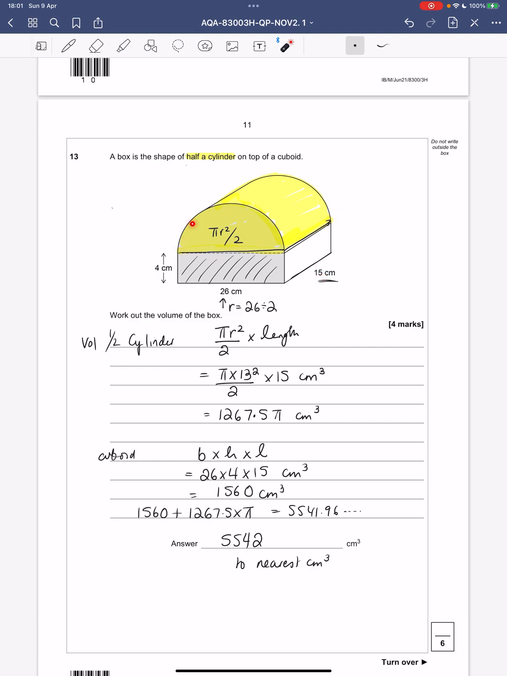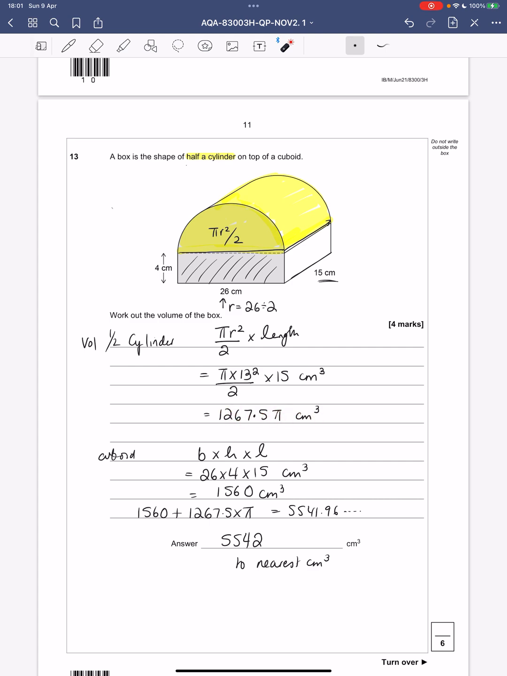But the area of the front is made up of a half circle and a rectangle. So the half circle is pi r squared over 2 times the length. So it's pi times, now the diameter is 26, so the radius is 13. So it's pi times 13 squared over 2 times by 15 cubic centimetres, which on your calculator works out as